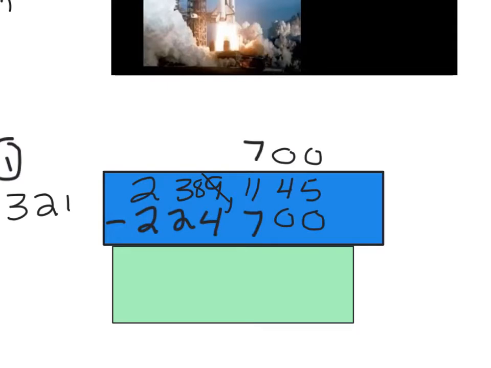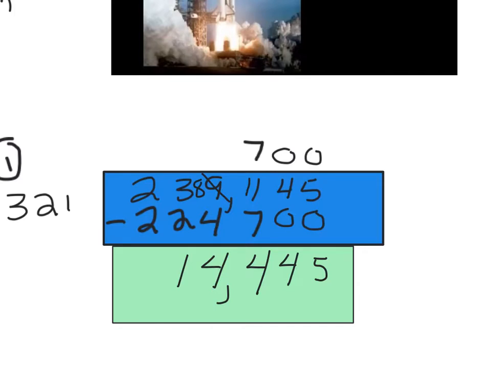And now I am looking at the subtraction, right? So 5 minus 0 is going to give me 5. 4 minus 0 will give me 4. 11 minus 7 is also going to give me 4. And then I've got my 8 minus 4 will give me 4. That's a lot of 4s, my friend. And then finally I've got 3 minus 2. That's 1. And I say finally because this is going to zero out. So I'm down to